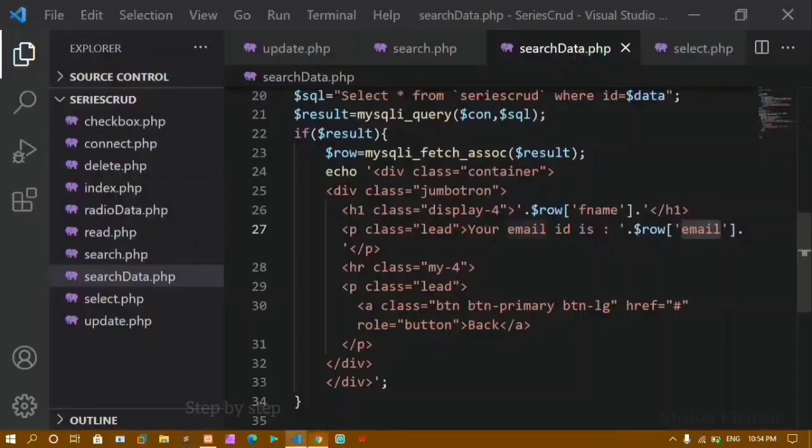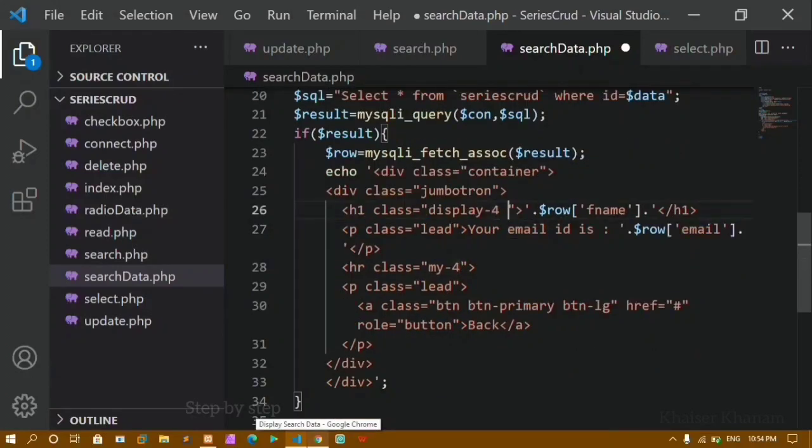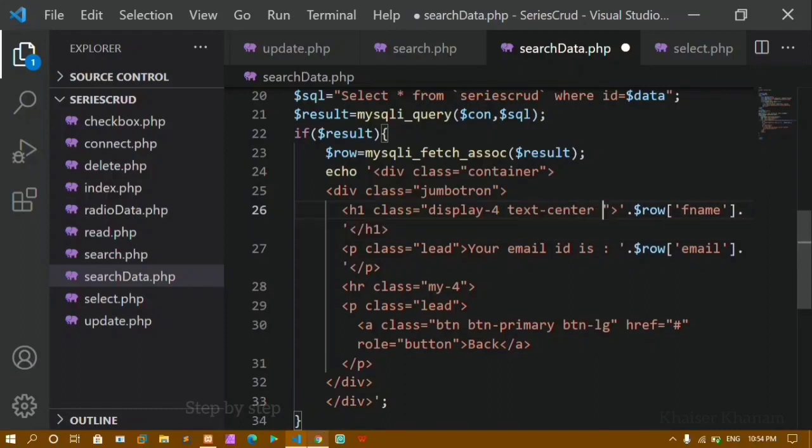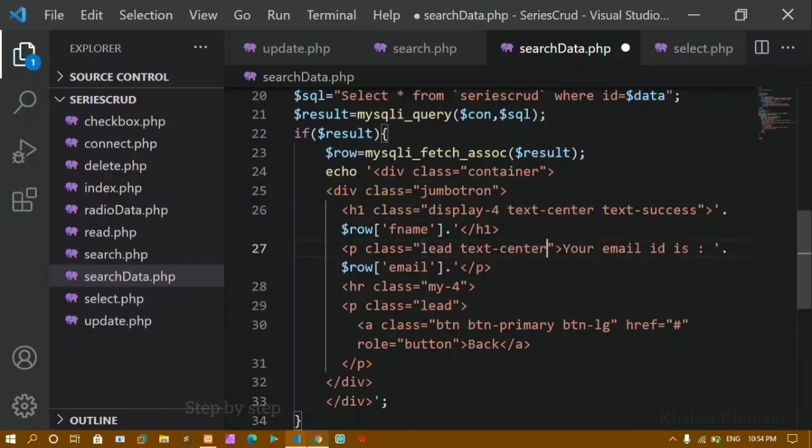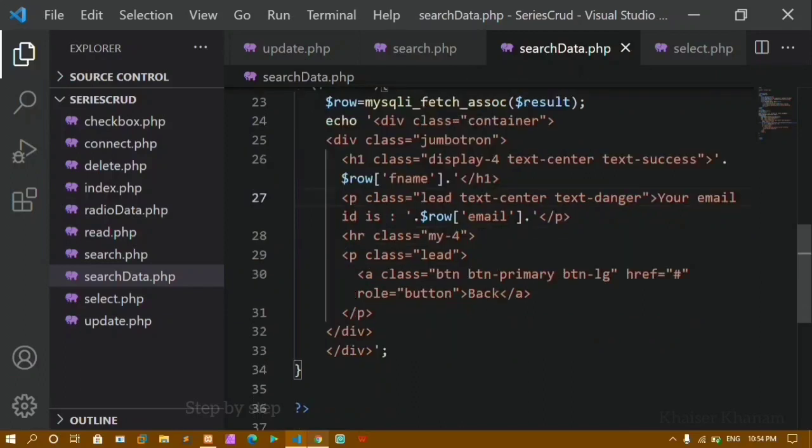Okay, you can give any styles. For my h1 I'll just give the class name text. Okay, these are Bootstrap classes, you don't have to learn this by heart, you can just refer to that. And also I'll give text success, which will display the text in green color. And here also I'm just going to give text center. I'll copy this, and here I'll be pasting that one, and I'll give here text danger, which will be displaying in red color. And for my button I'll give here dark, and inside this href I'll give my search file, search.php.